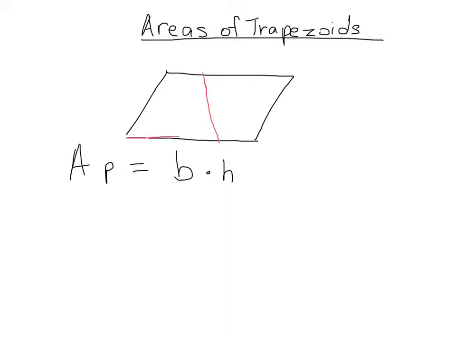So I'm going to outline one of our trapezoids in red. I'm going to outline the other trapezoid in blue. And it's my intention, I know it's not perfect, but it's my intention that those two trapezoids are congruent to each other. All right, well, as you know, to figure out the area of the whole figure, you would do